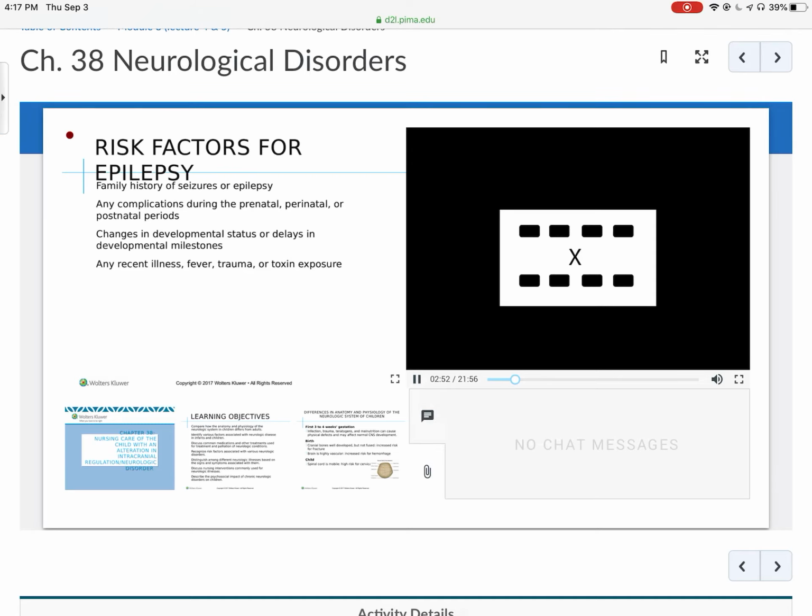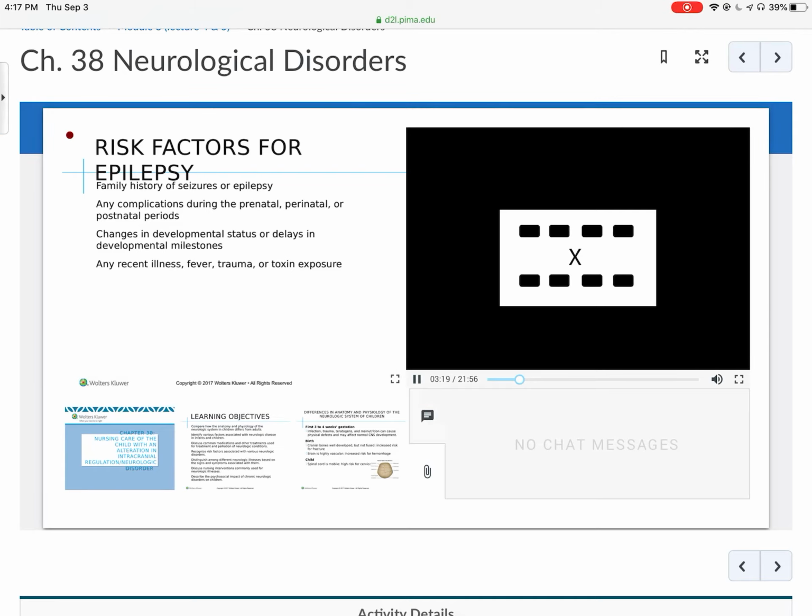The prognosis for seizures associated with epilepsy is good. There are a lot of new medications out there that treat seizures, and your book talks about that children will outgrow epilepsy, but some children will have persistent seizures. So again, sometimes it's a lot of adjusting different medications